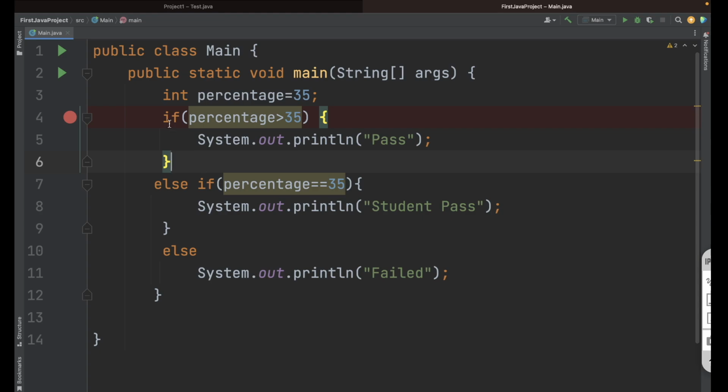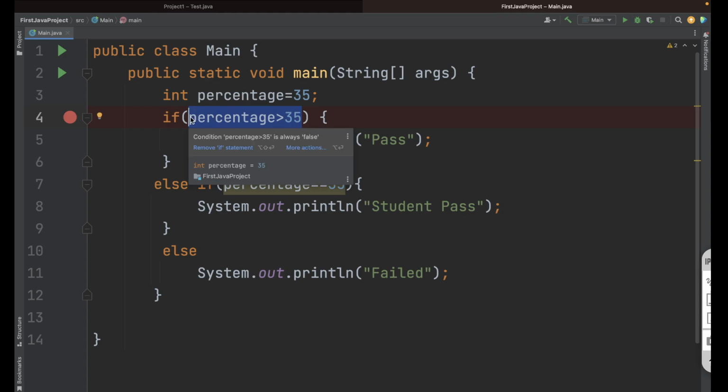So see, we have seen if else, then else if, and also nested if else. Inside the if we have seen how we can write the if else statement. So that's about the if condition. Now one more thing I want to tell you is that in the if condition, this is our expression, right? So in this expression you always have to pass boolean values. Boolean in the sense whatever expression you are sending, the result should be boolean.